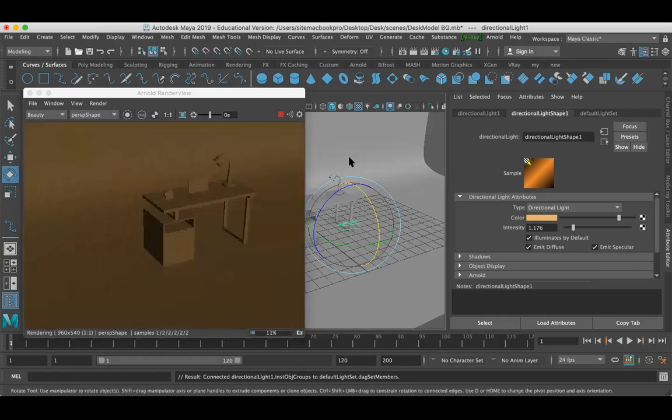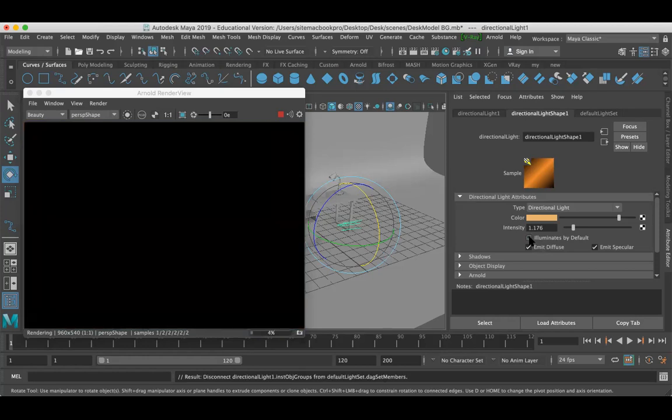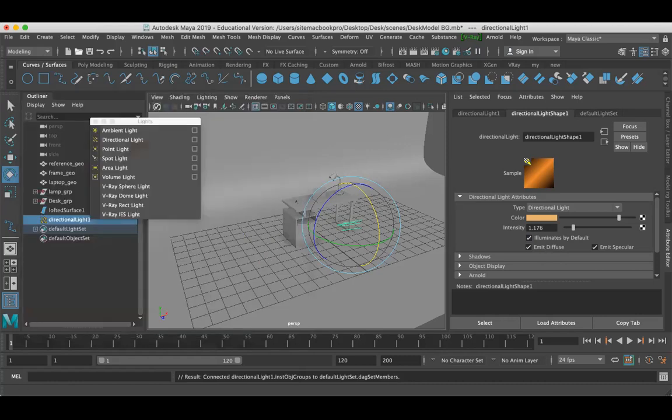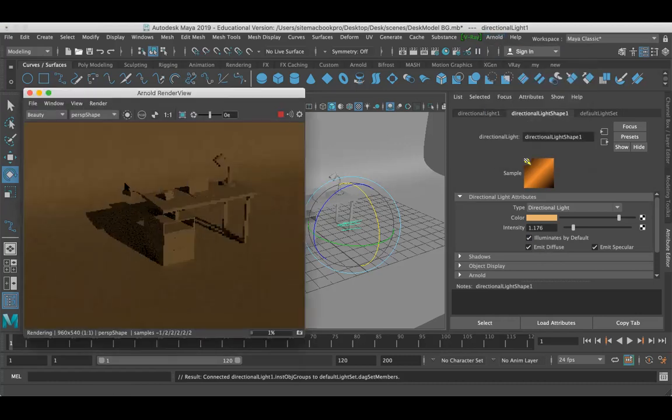I will explain this when we work with advanced lighting techniques. Just remember, if I disable the illuminate light, it ends with the scene being darkened. Now I'm just going to re-render it.